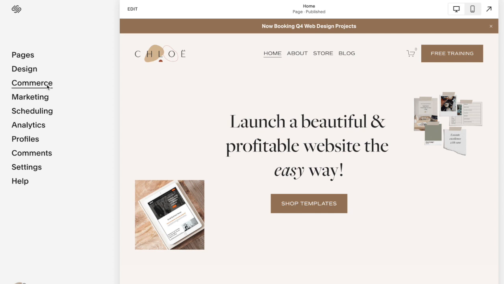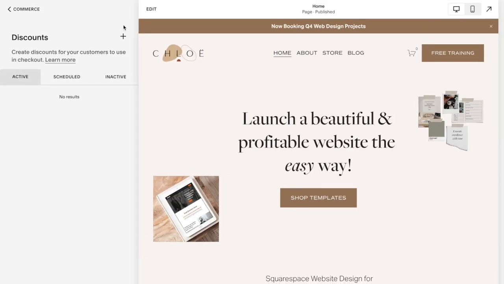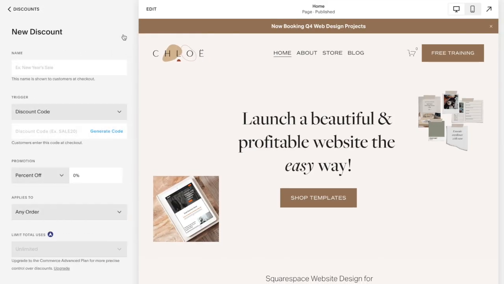Okay, this one is nice and quick. You will need a Squarespace store. If you don't have one, you will require a business plan or higher in order to add a store to your website. Assuming you've done that, hit Commerce, go to Discounts, click this big plus icon, and here we can